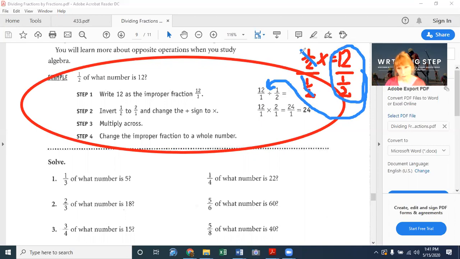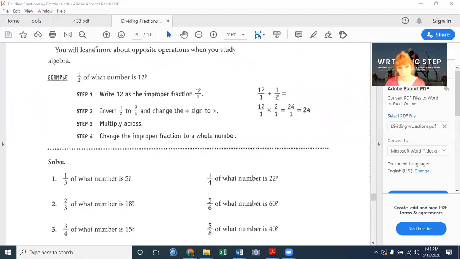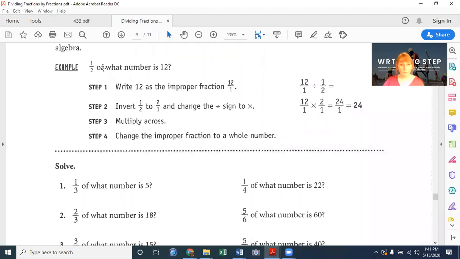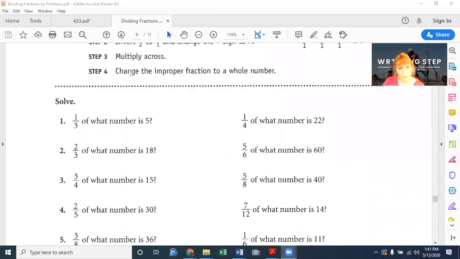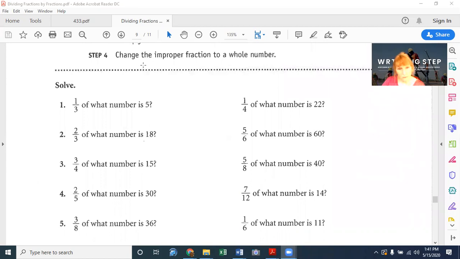So let's clear this and let's try some problems. Actually, I don't need this on the right side here. Let's move that out. There we go. That's even bigger. Okay, so let's try 1/3 of what number is 5. So we're going to take the 5 and we're going to write it over 1 and we're going to divide it by 1/3,